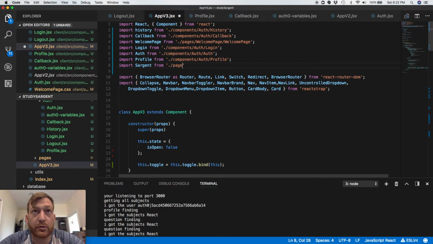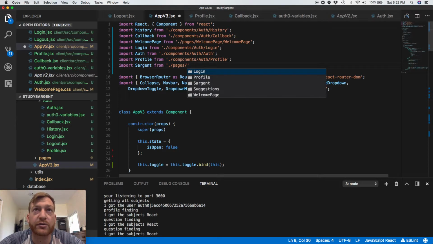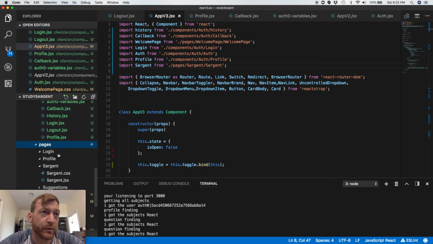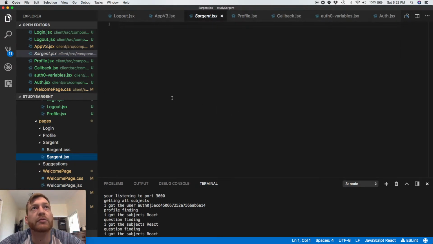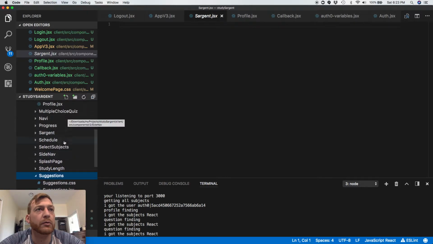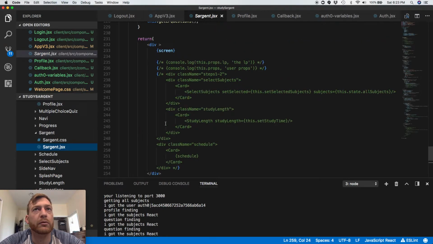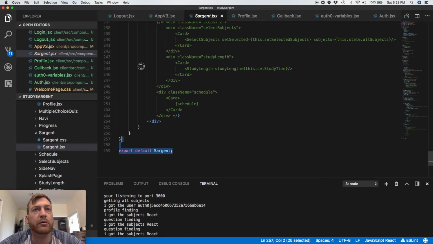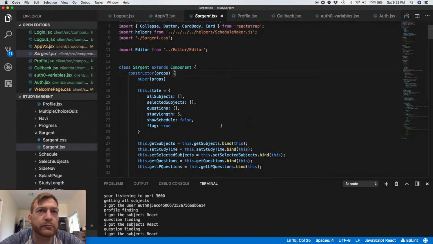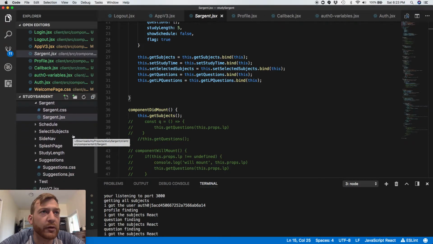This is a page. So we're going to pages / the Sergeant page. And then we want Sergeant. And in Sergeant, we go to pages, Sergeant is going to display something. As of right now, oh boy, that's a lot of stuff. He is going to display